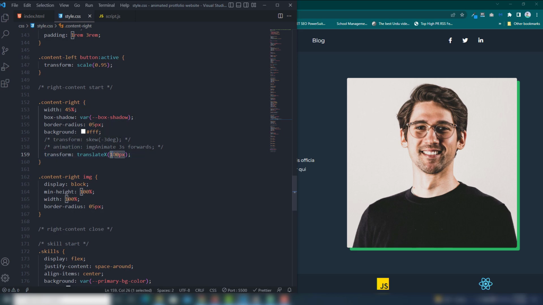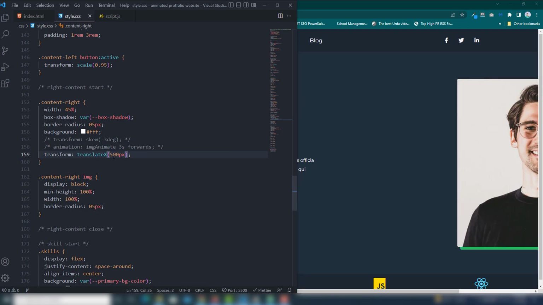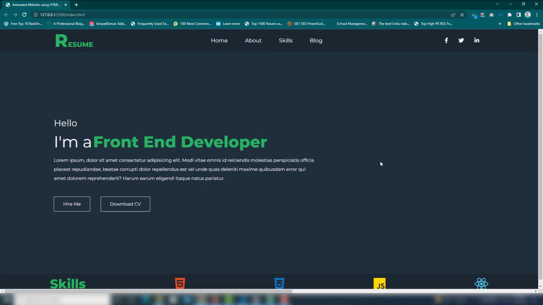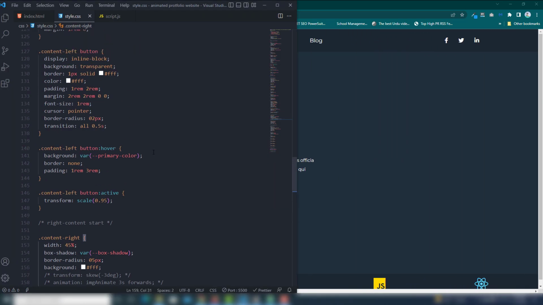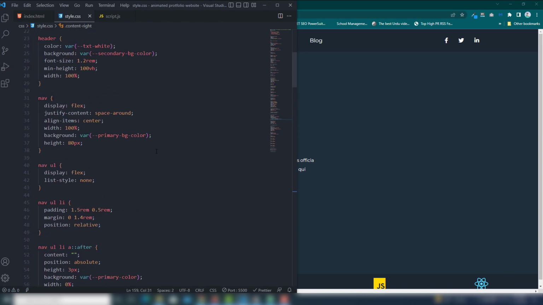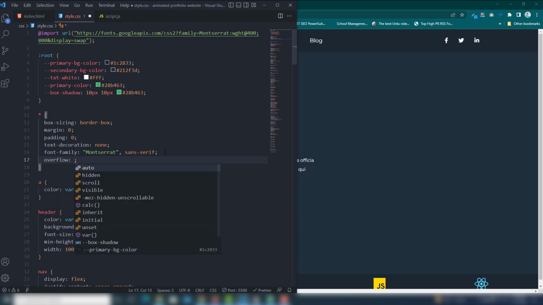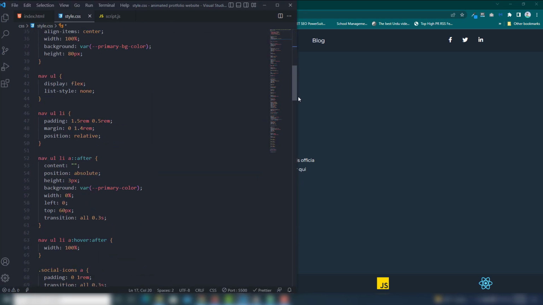When I use 300, it will move to the right side. 500 moves right side. 600 moves right side. But I will use 300%. I'm going to show you how you can animate the image. You can't see the image, but I am able to see the scroll bar, right? So the first thing, you need to remove the scroll bar. So you need to go above, and inside the all section you call overflow hidden. You can't see the scroll bar when you use the overflow, right?